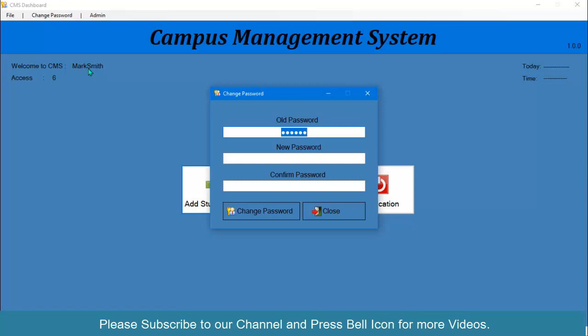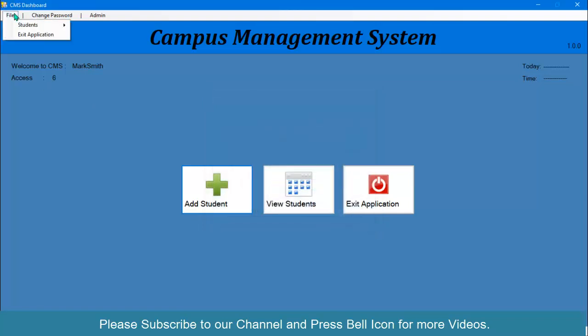We don't do this one. We will make sure first that you are Mark Smith. If you're Mark Smith, you should write your old password correctly, and if your password is correct, we will check this password from database, and after verifying this one, we will write a simple update process to update this password into database. Okay, so let's start.